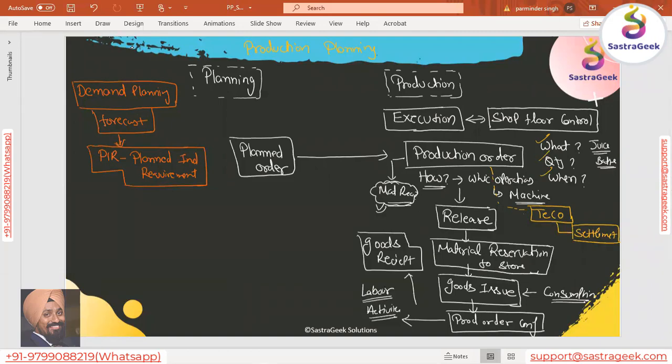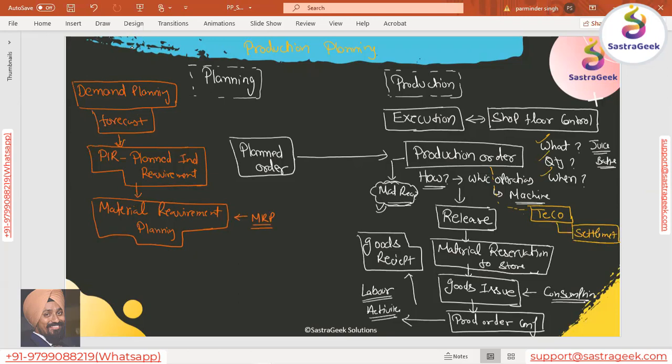And from the PIR, from the demand planning, from the forecast, from the planned independent requirements, once it comes into the picture, then you will be doing planning. That planning can happen through material requirement planning, which is called MRP.